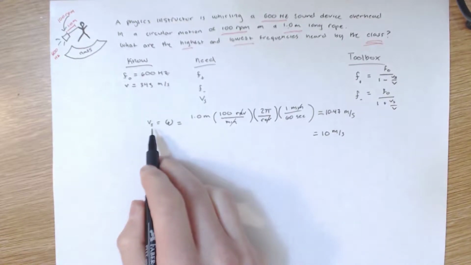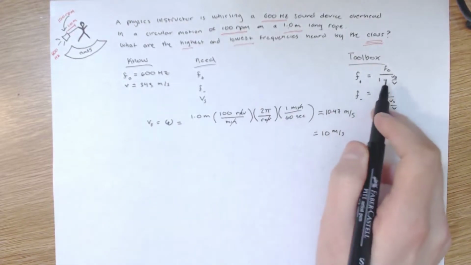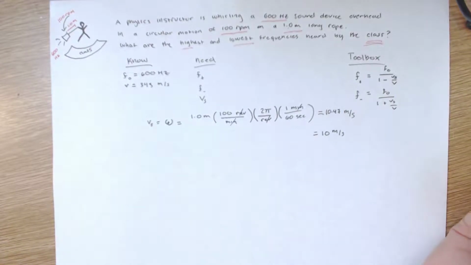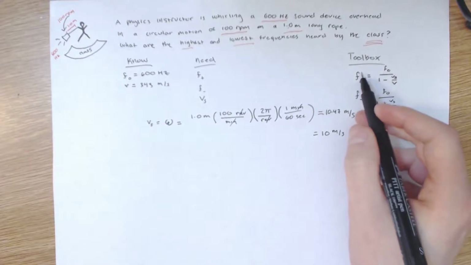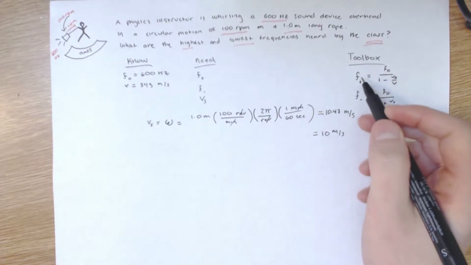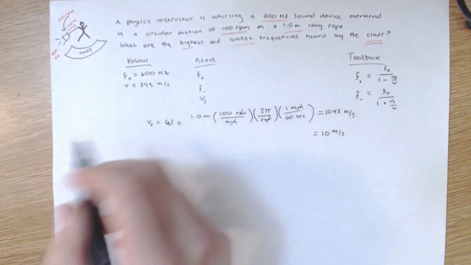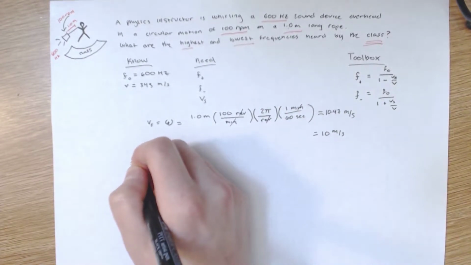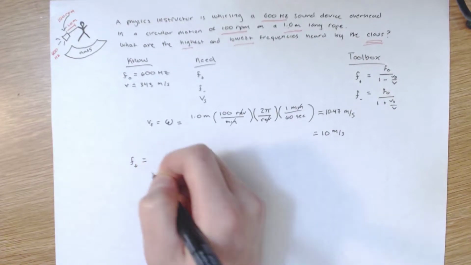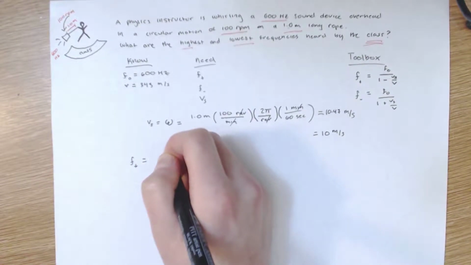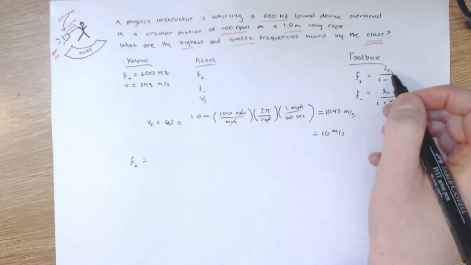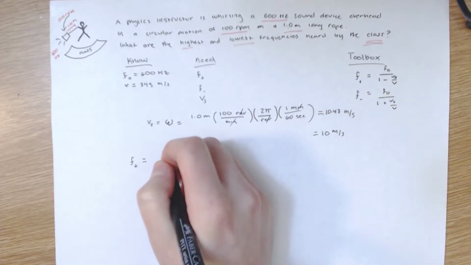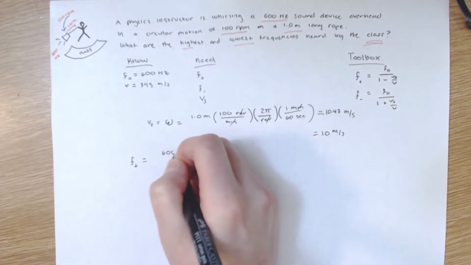So now that we have our velocity, or V sub S, in terms of these equations, we can go ahead and solve for the frequency of it while it's approaching and the frequency of it while it's receding from us. So let's start with the frequency while it's approaching, which would be F naught, or the frequency of the device, so 600 Hz,